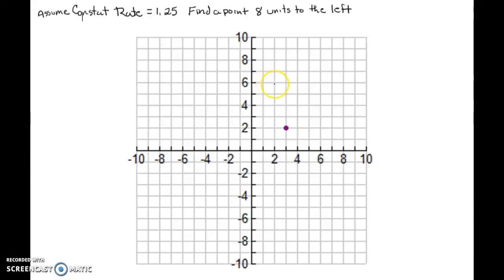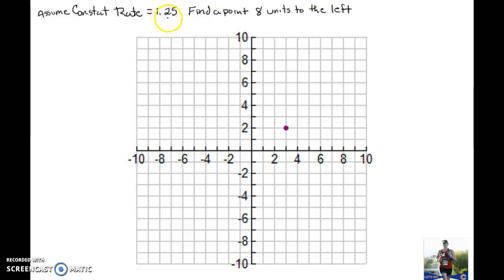We're now going to look at how we use the rate of change on a graph. In the rest of that activity, we look at assuming a constant rate, and in your case you're using 0.25, and I'm going to show you a couple of different cases. So we're going to assume that the rate is a constant rate of 1.25,